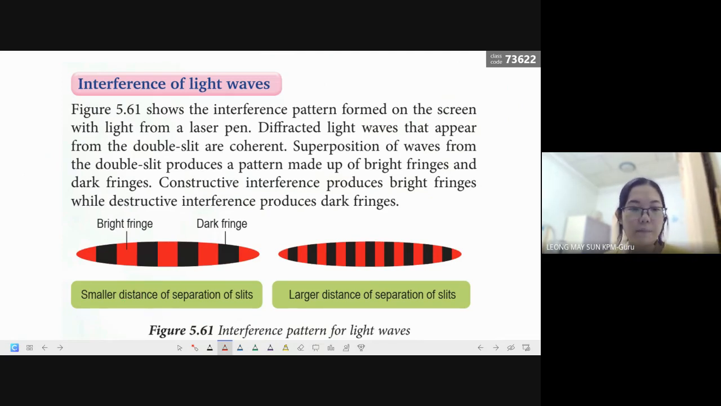Here, with a smaller distance of separation of the slits, x is actually smaller. When x is smaller, here,